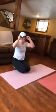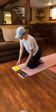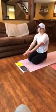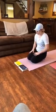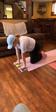Then the next thing we're going to do is also a skill that we've been working on a lot. If you have a bar at home, you could use that, or you could just use a line on the floor. But this is for our soul circle dismount. So we do this a lot at the gym with a bar that's on the floor, and then we jump our feet up to the bar and then fall down on our bum. But we don't have that here, so I'm just going to put one hand on each book, hold my push-up position,